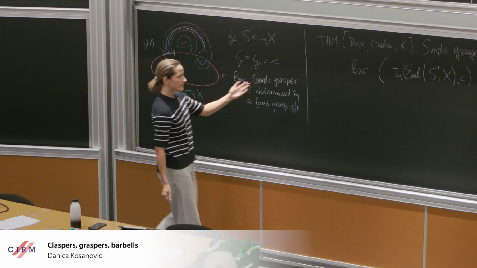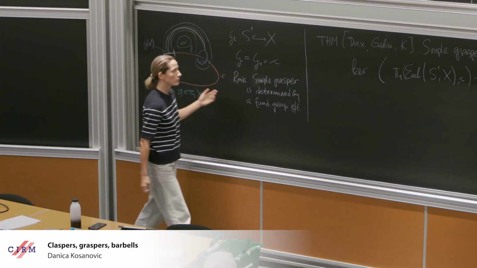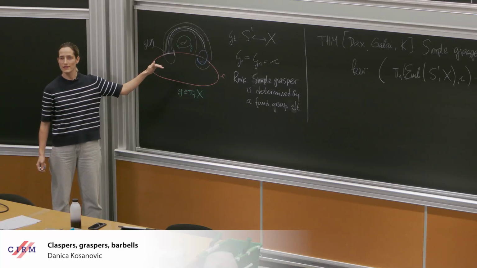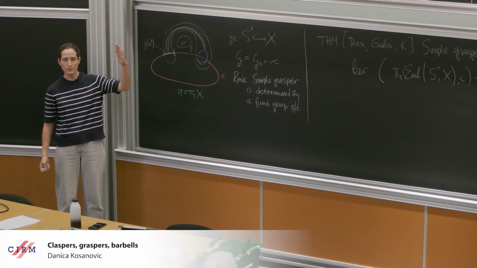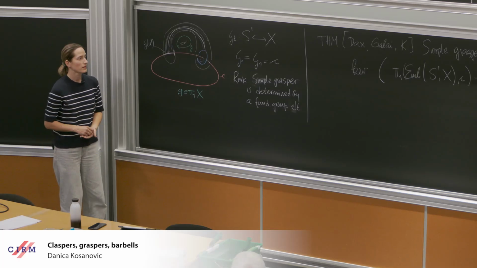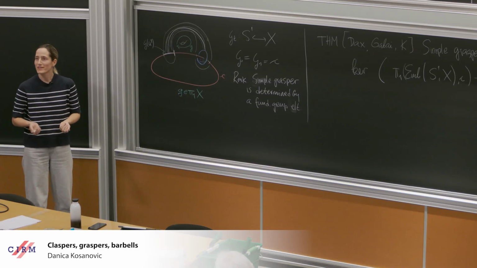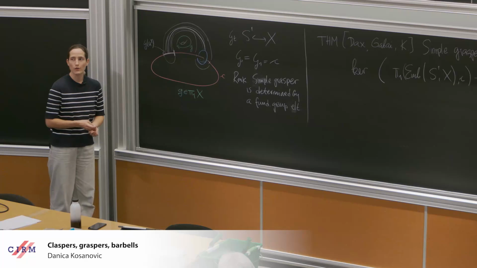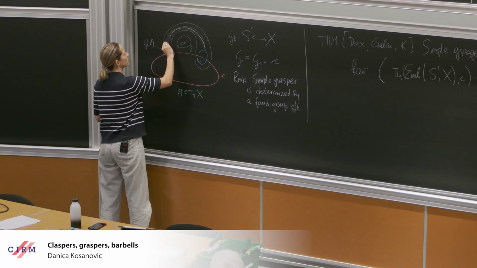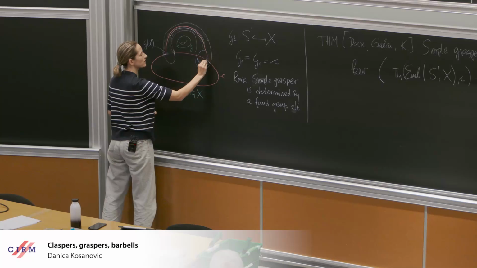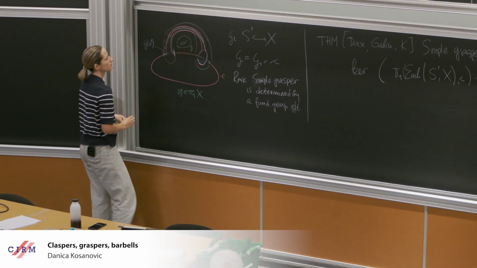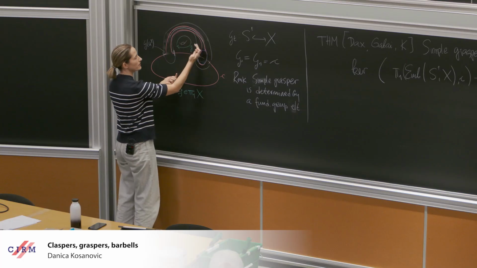So let's check that it's really in the kernel of this map. What I need to produce is, for this one parameter family of embeddings, with another parameter, to trivialize it in immersions. And you can see, I hope, that because in immersions you're allowed to do double points, at some moment you have this arc on the one parameter family of arcs here, and you're really going around this sphere.